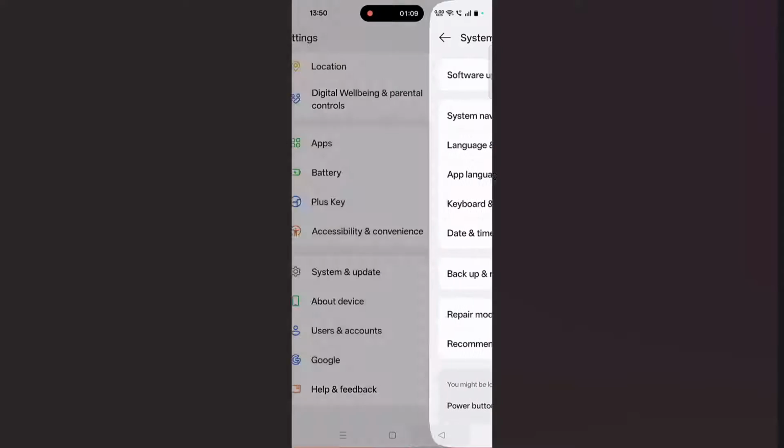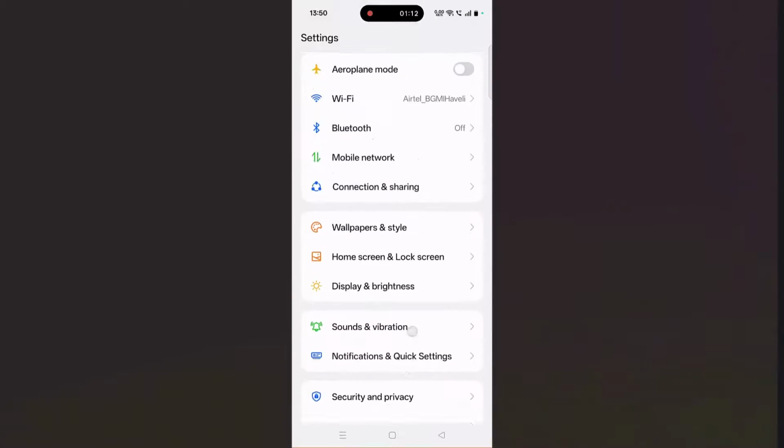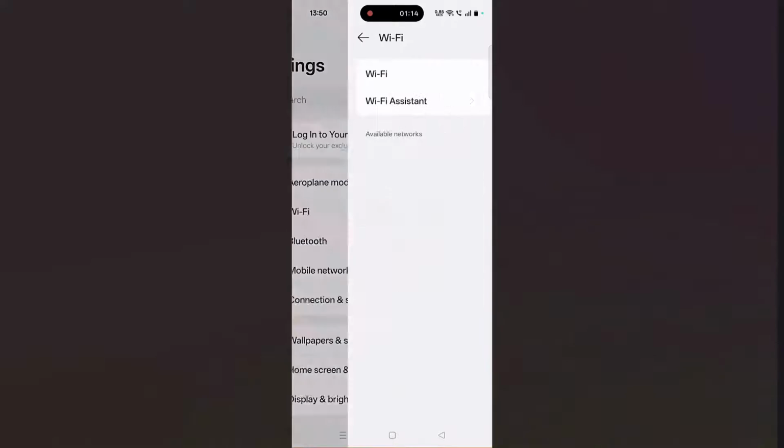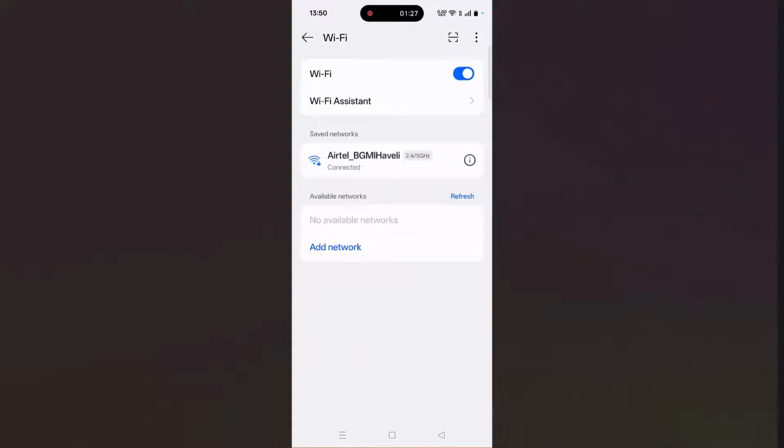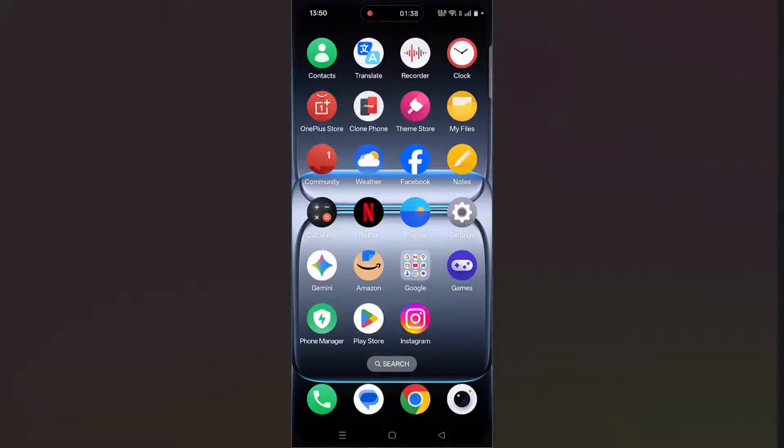Then go back, tap on Wi-Fi, then try to toggle off Wi-Fi and then turn it on. And the final troubleshooting method that should resolve any or all of your network connectivity problems is to reset network